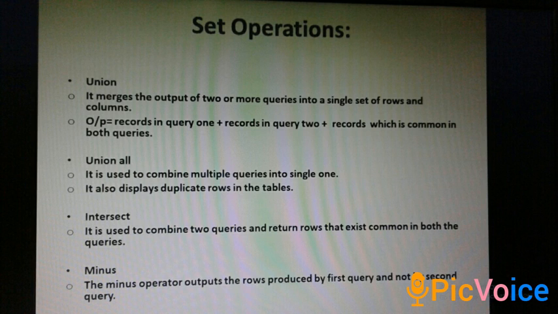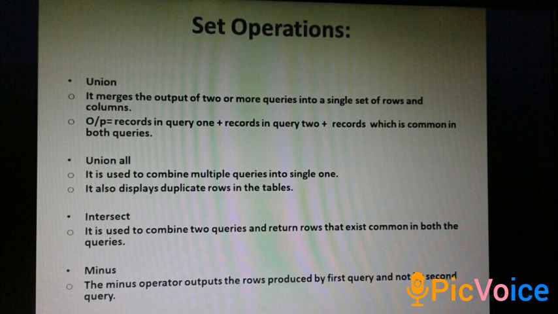For example, there is department 1 table and department 2 table. If you want to combine these 2 tables, you can use the union operation to merge the records in 2 tables. Select department number, department name from department 1, union, select department number, department name from department 2. So 2 select queries are combined using union operation. Union operation will avoid the duplicate or repeated rows.